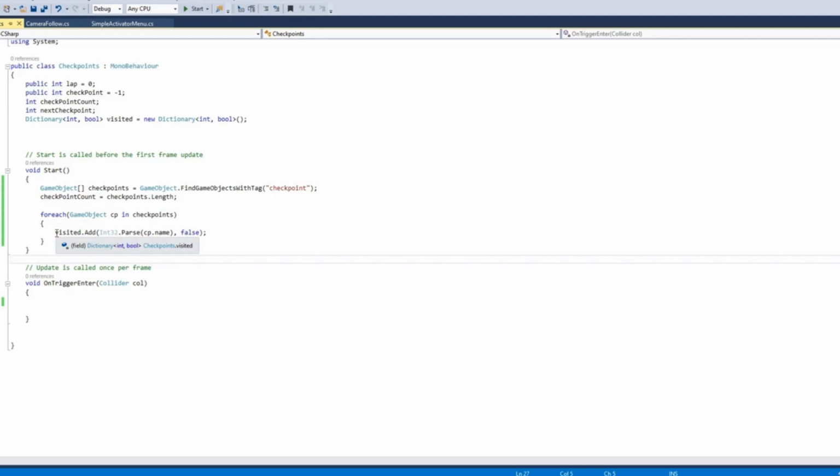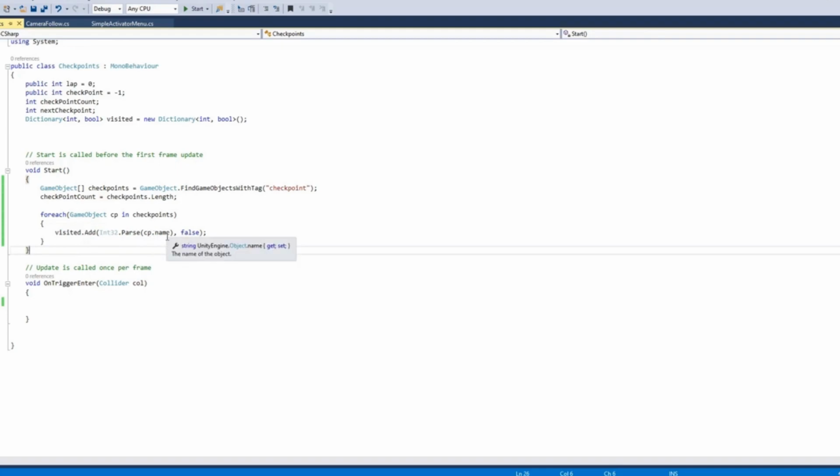And now what we have done is, we have set the visited for each of the checkpoints as false. Because this visited dictionary will contain key value pairs, first item will be key and it will be the checkpoint number. Then the second value will be the value for this key, and it will tell us whether this checkpoint has been visited or not. So at the start, we have not visited any checkpoint.